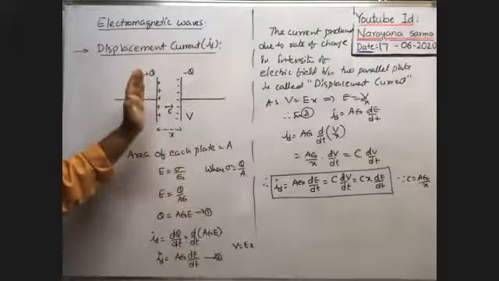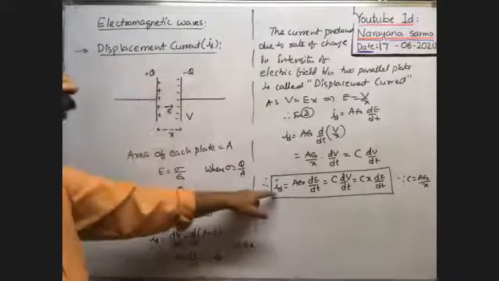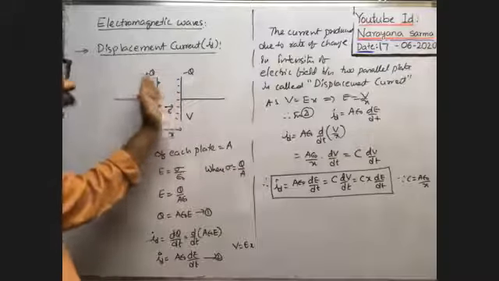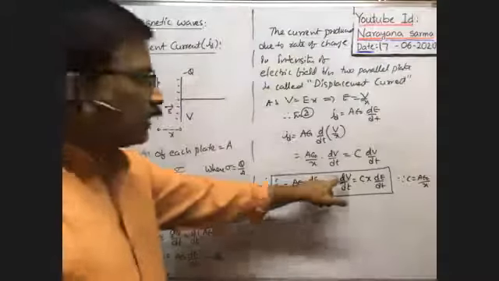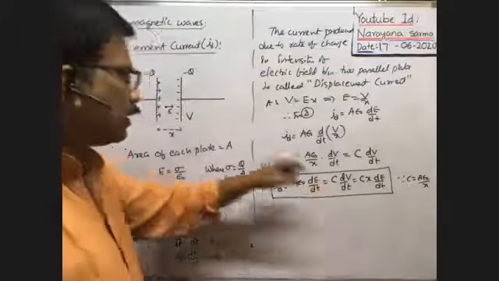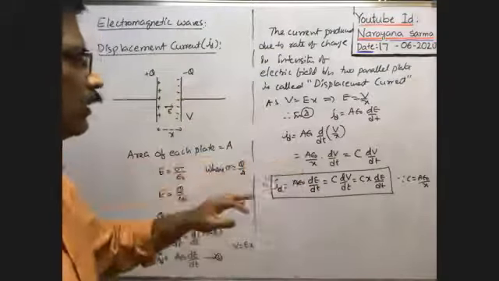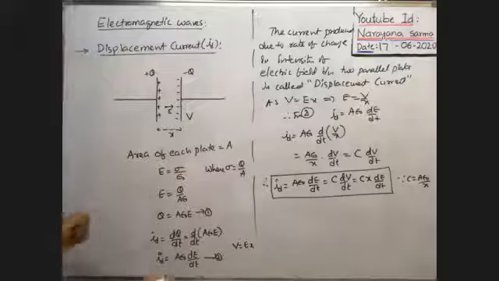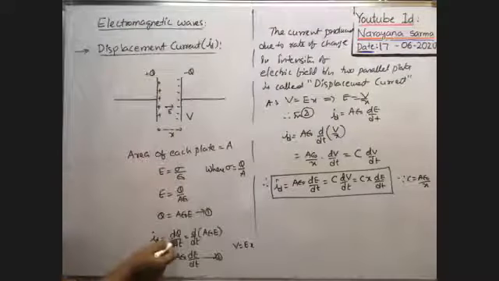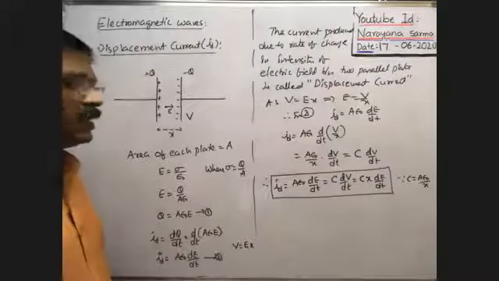So whenever the intensity of electric field between the two plates of the capacitor changes, displacement current flows between the two plates, even though there is no passage of charge from one plate to another plate. Even if the potential difference across the two plates changes with time, in that case also displacement current passes. Okay, so according to this formula, we can find it. Even when there is a change of charge on the plates of the capacitor, displacement current passes between the two plates. So all these are the various formulas for displacement current.